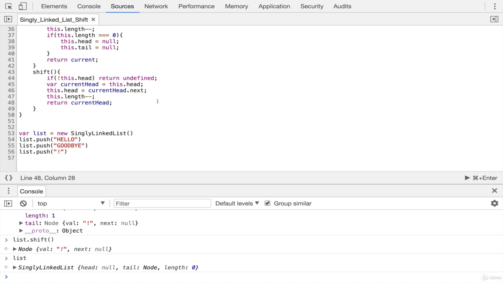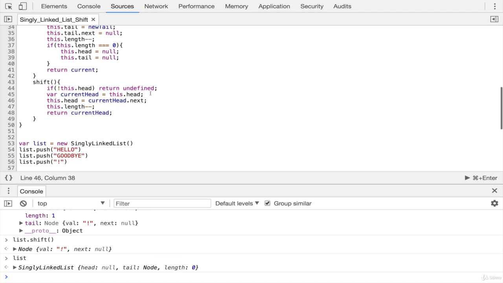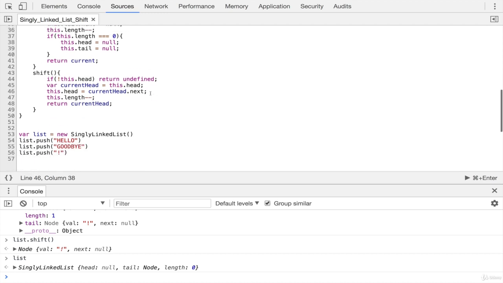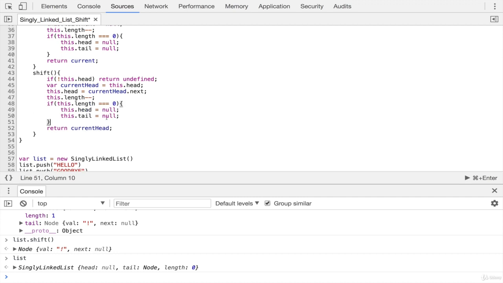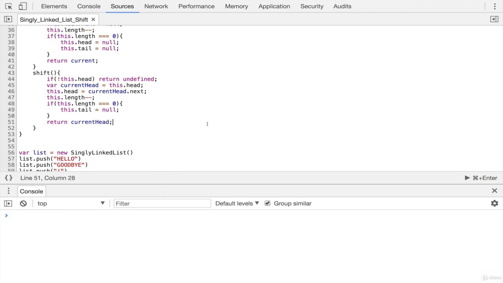However, if we wanted to fix that, if we wanted it to be null, we could just add an extra conditional check and just check, right here. If this dot, basically just copy this code. Set tail to be null. Just like that. So if we refresh our code, run it again,